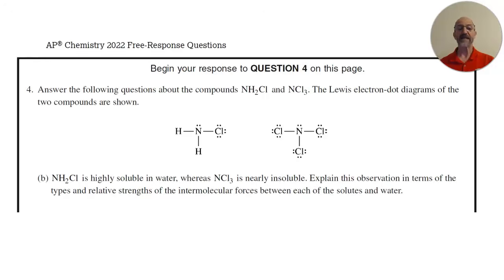So part B of question 4 said, NH2Cl is highly soluble in water, whereas NCl3 is nearly insoluble. Explain this observation in terms of the types and relative strengths of the intermolecular forces between each of the solutes and water. Now look at those last few words there: between each of the solutes and water. So not within molecules of NH2Cl as a pure substance, it's about the solute and the solvent,